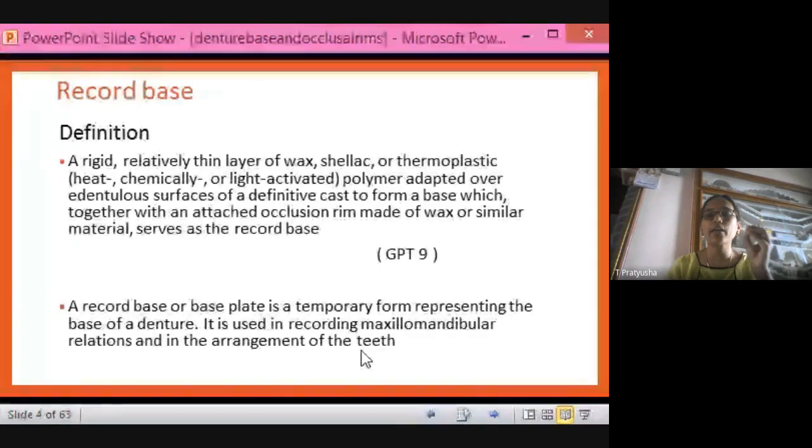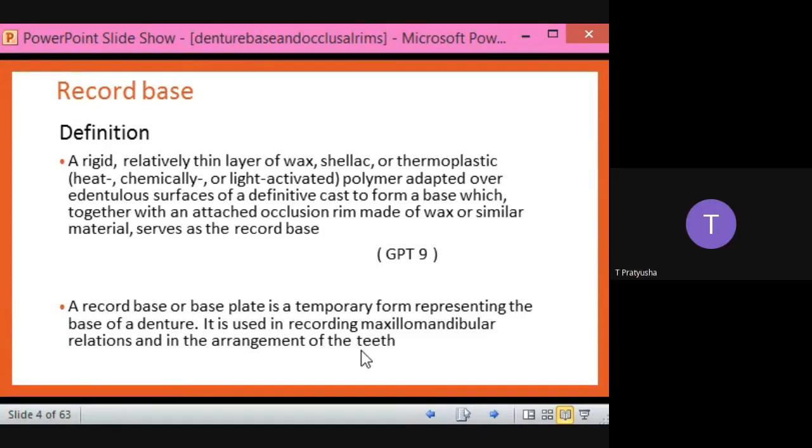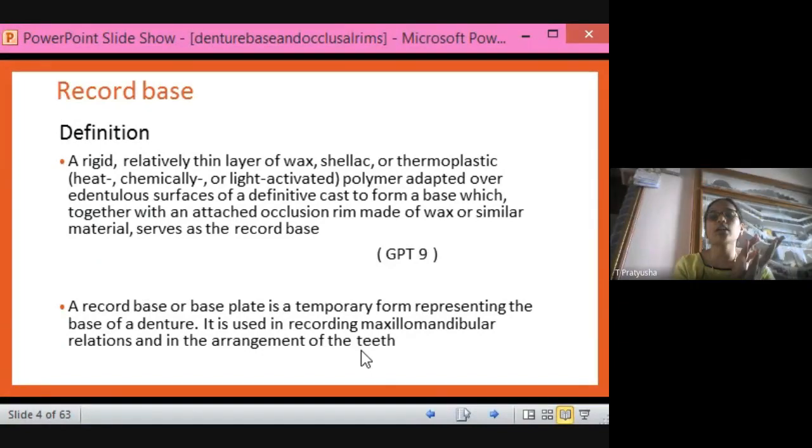To fabricate that there are different steps. First you have to make the impression and get the model. On that you prepare a special tray to make the secondary impression. On that you will get the secondary or master cast. On that you have to make a denture base material. Whatever procedures you are doing in the oral cavity, you should have some hard substance to hold exactly how the ridge looks. So for all that you have to do the laboratory procedure.